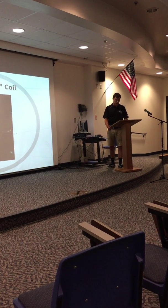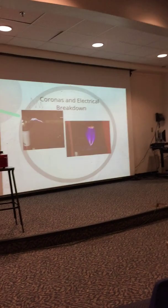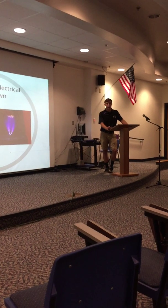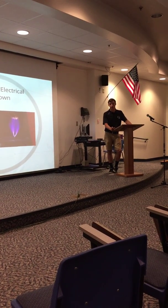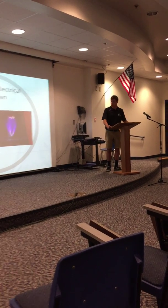So what you were seeing there was the electrical ionization of the air surrounding the Tesla coil. So the Tesla coil is first producing something called a corona breakout. That's the noise that you hear as I turn up my Tesla coil. What that's doing is it's beginning to ionize the air around it. The electrons are starting to move much more quickly than they usually do, but it's not coming through a focused